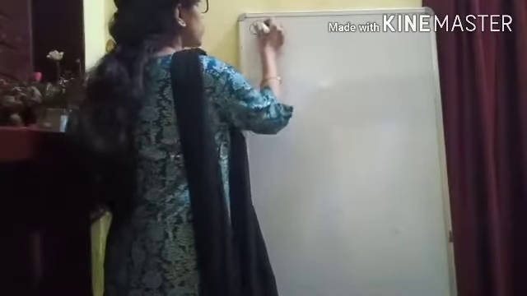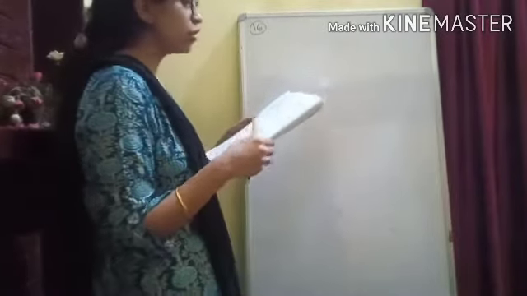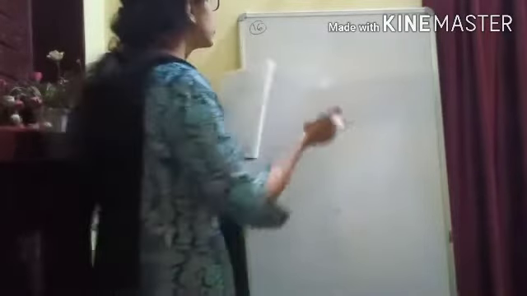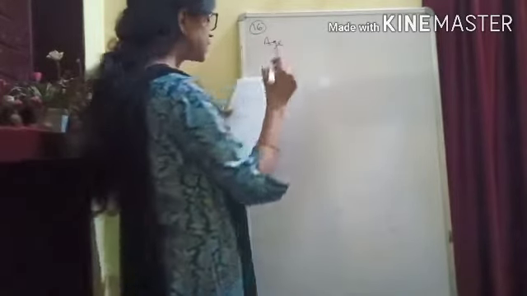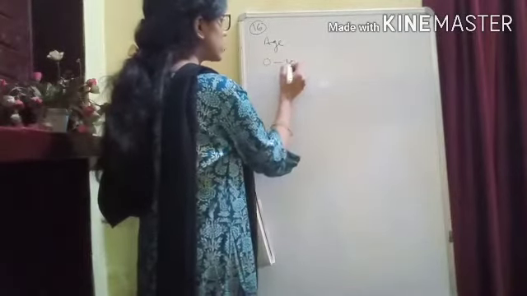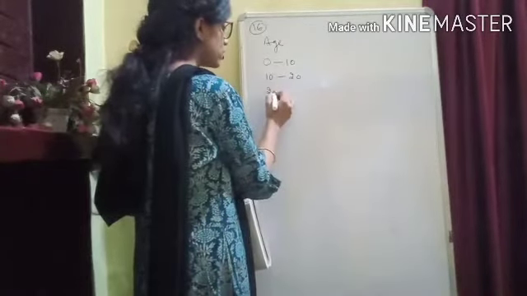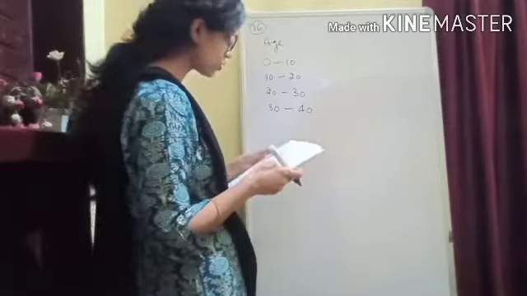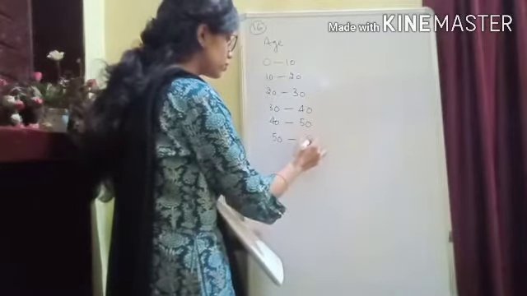Now we see question number 16. Construct a frequency table from the following data. You see here it is given in a different type, like less than 10, less than 20. So on the left hand side, where we are given the age: less than 10, less than 20, less than 30, less than 40. So we will be writing it like 0 to 10, 10 to 20. We are taking 10, 10, the class size is 10. So 20 to 30, then 30 to 40. We have to go till 60. 40 to 50, and 50 to 60.